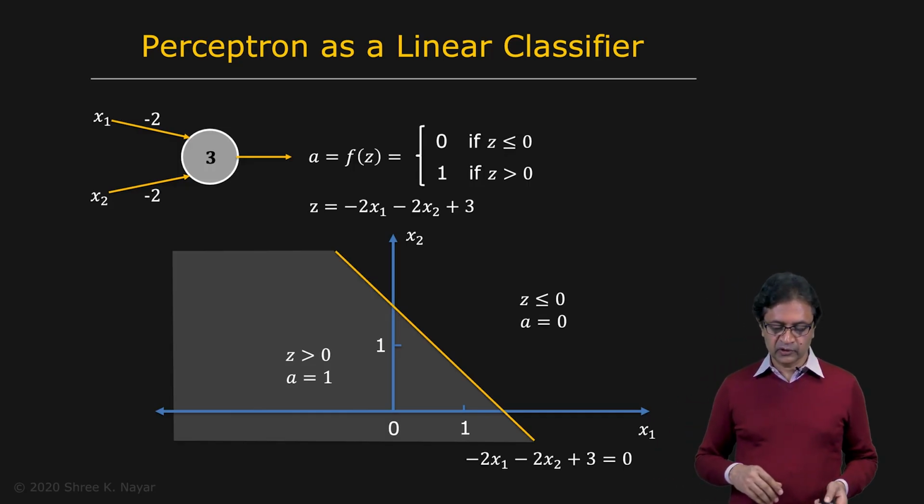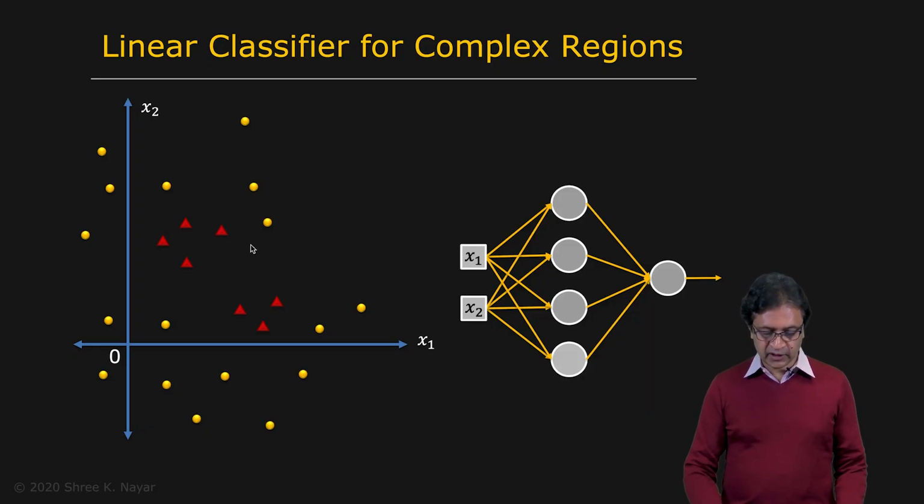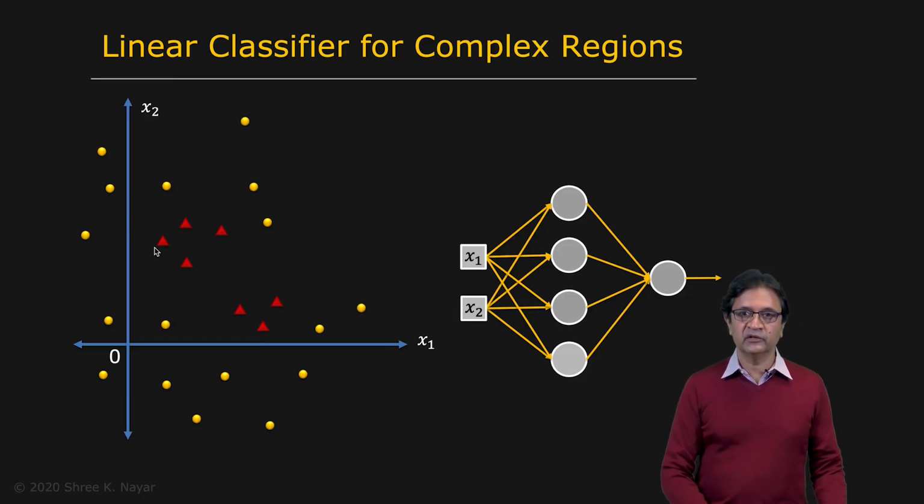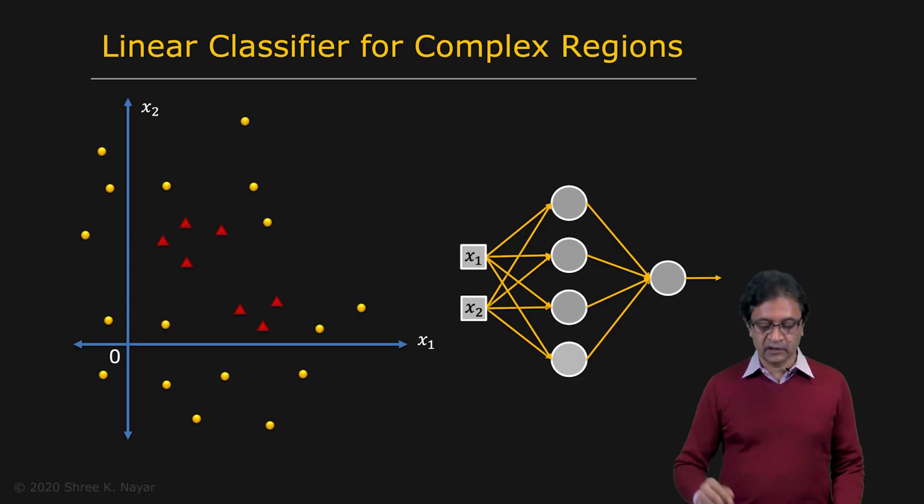Now, let's take a look at the following problem. Let's say you have again your x1, x2 space, but now you have these red triangles in here, and you have the yellow dots right here. We'll treat these as two separate classes, and you want to essentially determine when a point belongs to the class of red triangles. So now you have a region, and you want to build a linear classifier or a set of linear classifiers put together that can somehow define this region around the red triangles. So let's take a look at how we can do that. In other words, it's a more complex linear classifier.